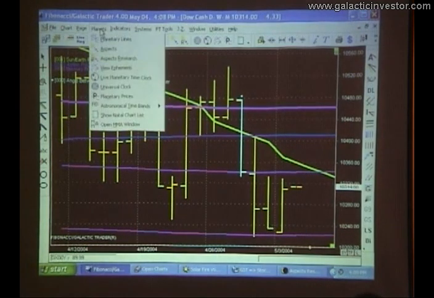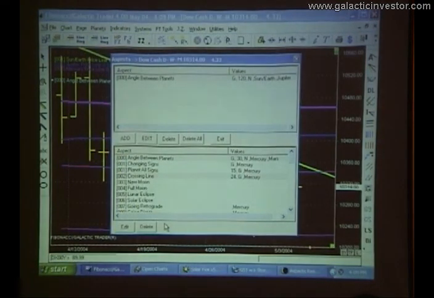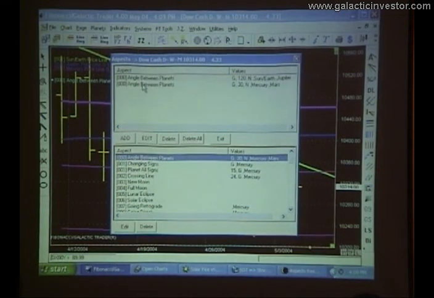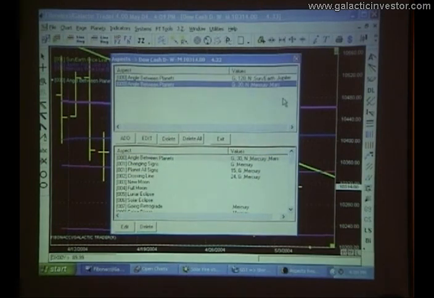So we're going to click on planets, and then we go down to aspects. I already have the Sun-Jupiter added to the menu. So now we're going to double click on angle between planets. It defaults to geocentric 30 in Mercury and Mars. That's just the default. So we have to then click on edit,